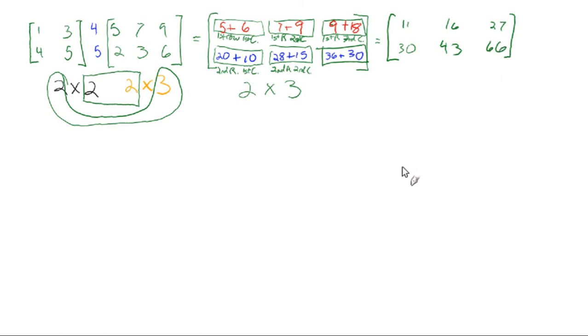Okay. Wow. That is a weird thing. Definitely matrix multiplication is a weird thing. There's really nothing that can be done about its weirdness. It just is weird. Just remember that we need these two to be the same in order to be able